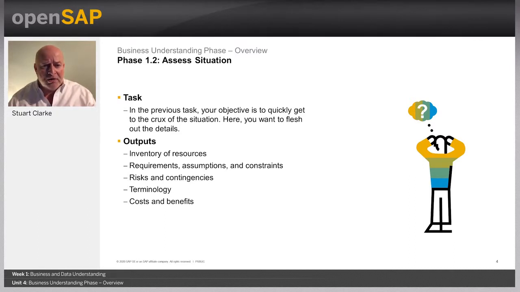The computing resources we'll be using, the hardware for example, and the software, the data science tools that we're going to be using. The outputs from this are the inventory of resources. So here what we do is we list all the resources that are available to the project. We list all the requirements of the project, including a schedule of completion. As part of this output, we need to make sure that we are allowed to actually get access and use